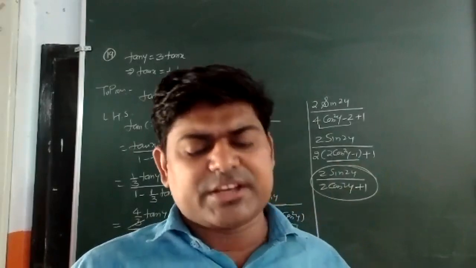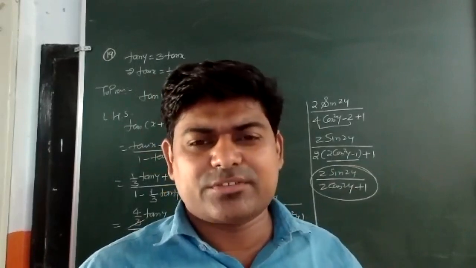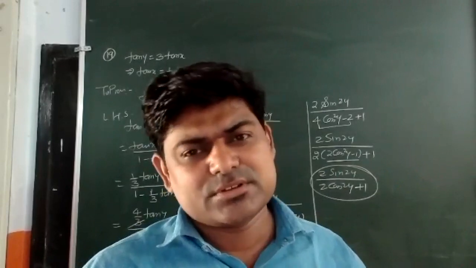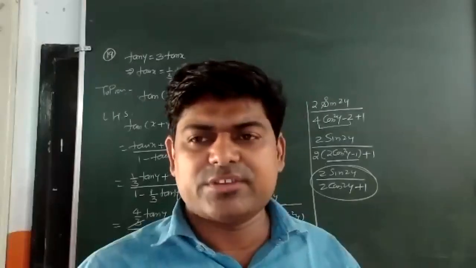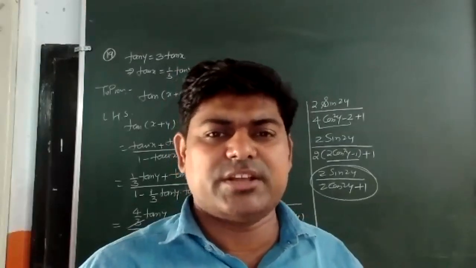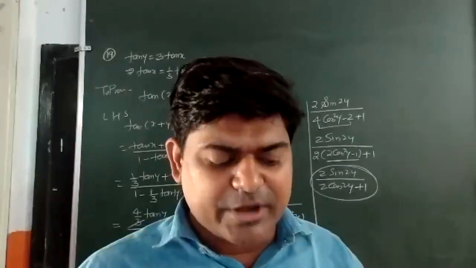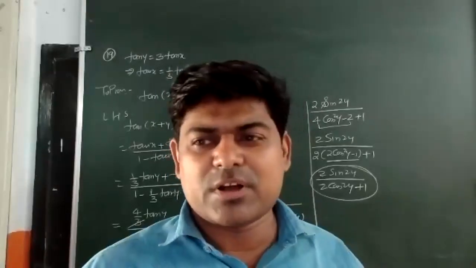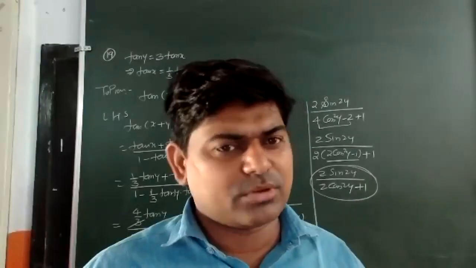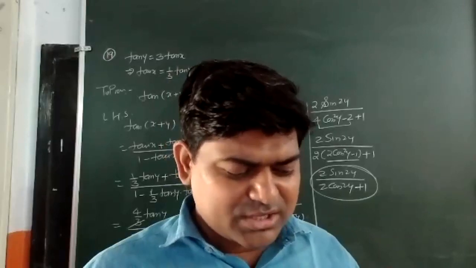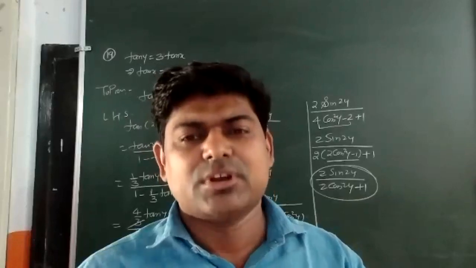Now I have to find the value of sin of x plus y. To find it, we need the values of sin x, cos x, sin y and cos y. The value of cos y is given, so we can find sin y. The value of tan x is given, so by using identities we can find sin x and cos x also, substitute, and get our result. Then I have to find cos of x by 2. We have one formula: cos y can be written as 2 cos square y by 2 minus 1. From there we will get it. The rest are all easy. You try to solve these questions.